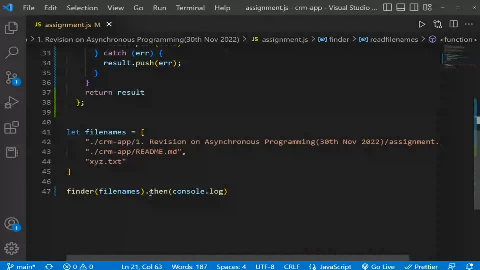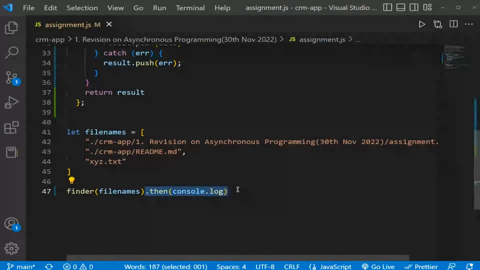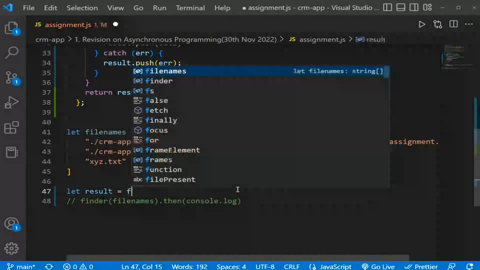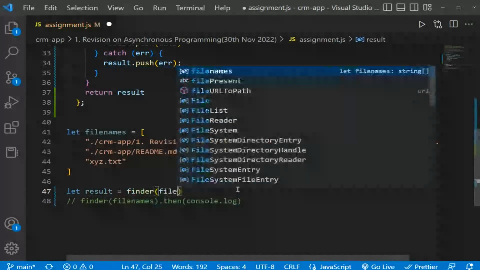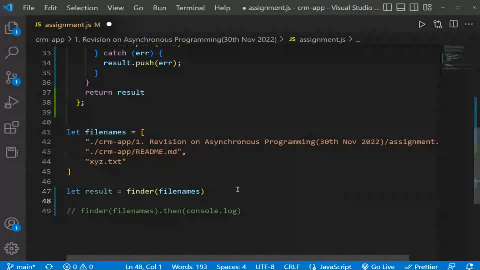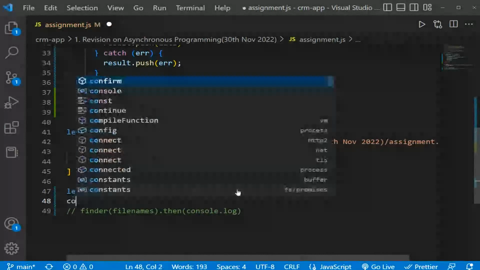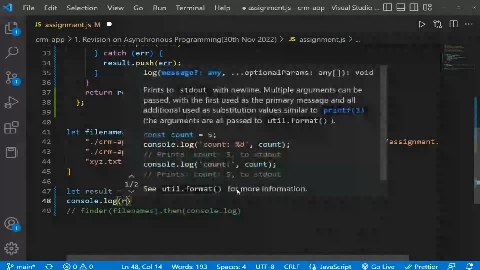And the error that I was causing was because I was writing something like this. Let me write it like this. I was writing let result is equal to finder file names, and then I was doing console.log result.